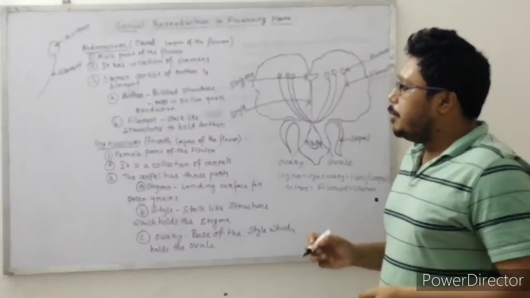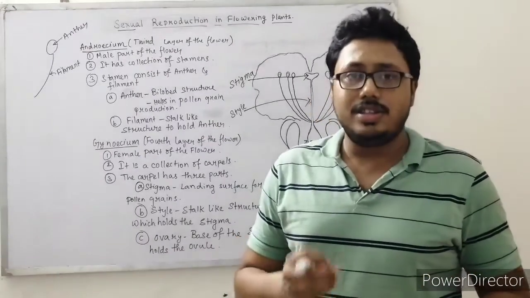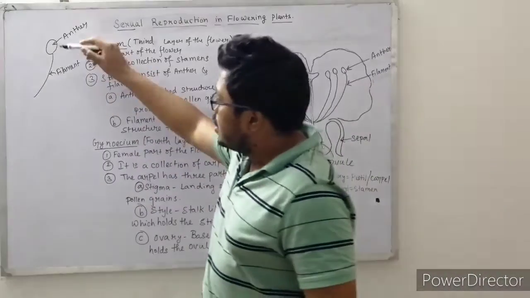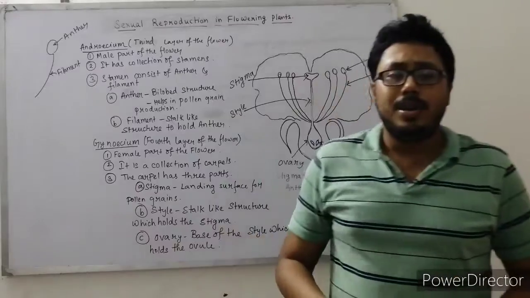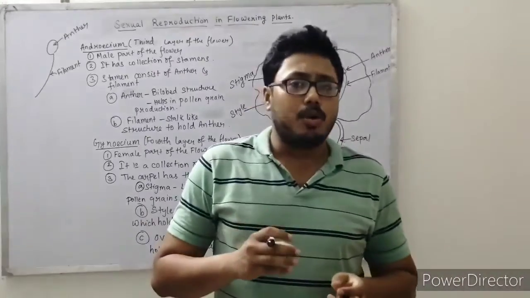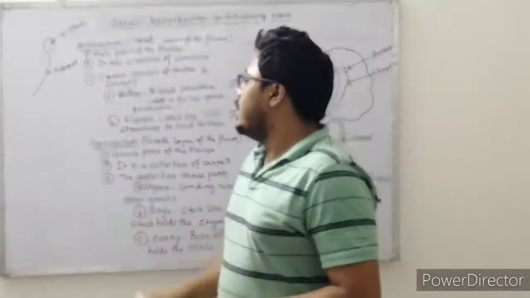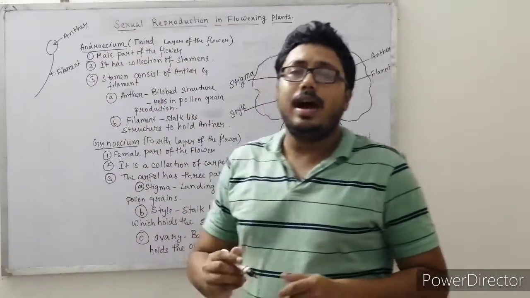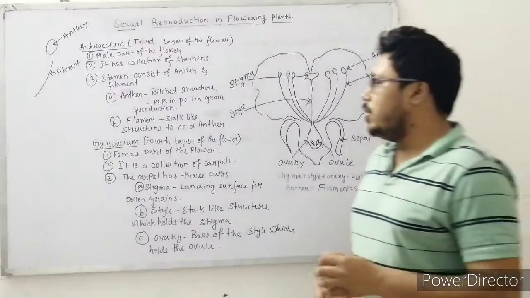Now, what is filament? Filament is a stalk-like structure that holds the anther. It is a thin stalk-like structure that is holding this bilobed anther. So the function of anther is the production of pollen grain, and the function of filament is to hold the anther. So, coming to the next part, next whorl, that is